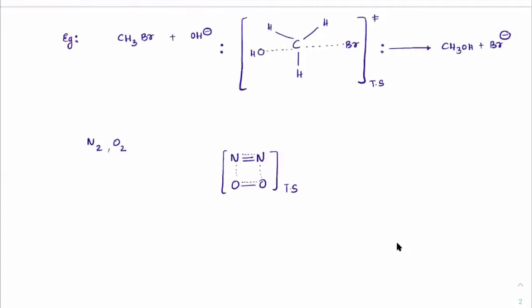Nitrogen N2 molecule and O2 molecule are colliding. They are attaining this transition state. But the energy you have reached is not sufficient to convert them into a new molecule like NO. So this product is not formed in air. In air, N2 and O2 are continuously colliding and reaching a transition state, but that transition state does not have sufficient energy to give NO. Is that clear? So again, they will get back to reactants. That's why we say N2 and O2 are inert in air.